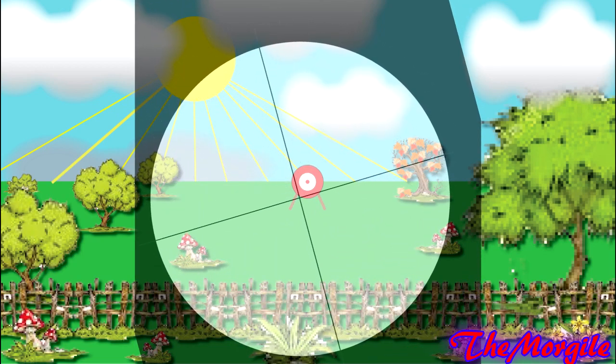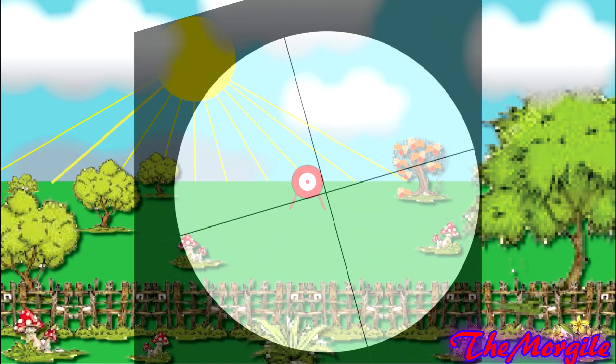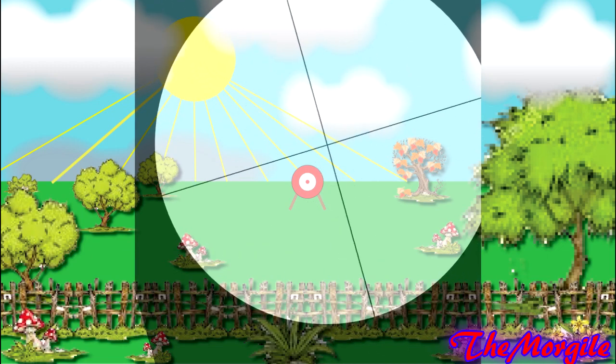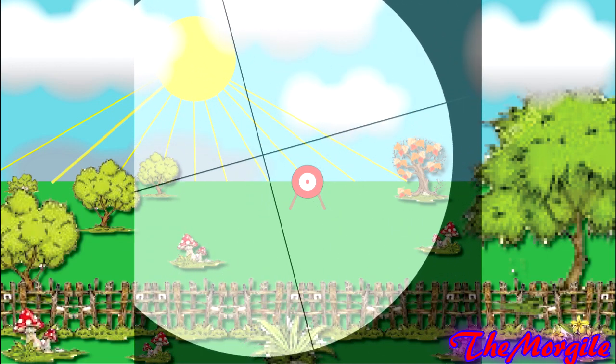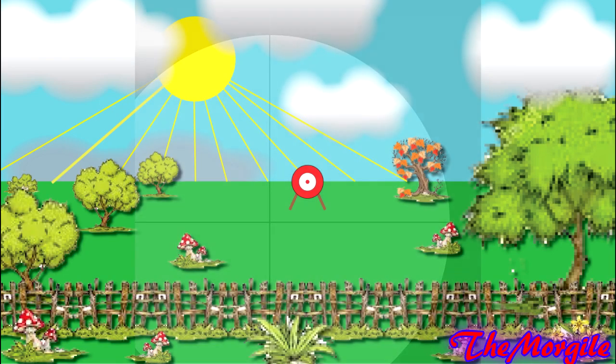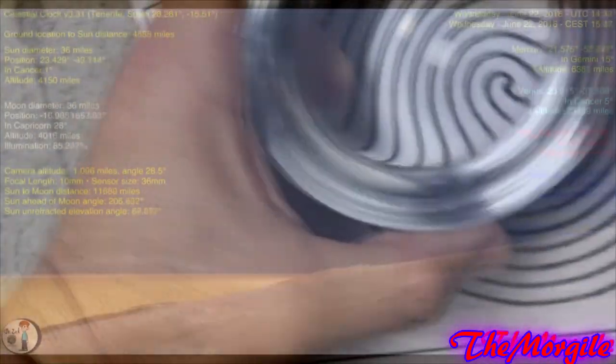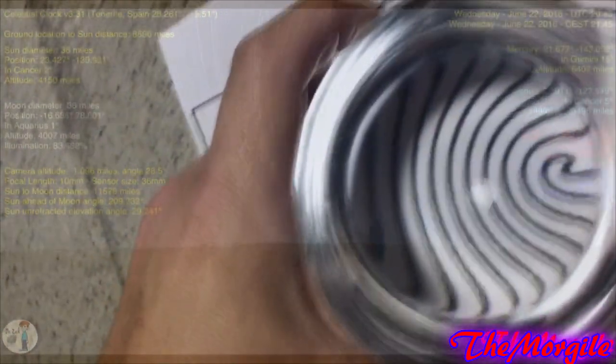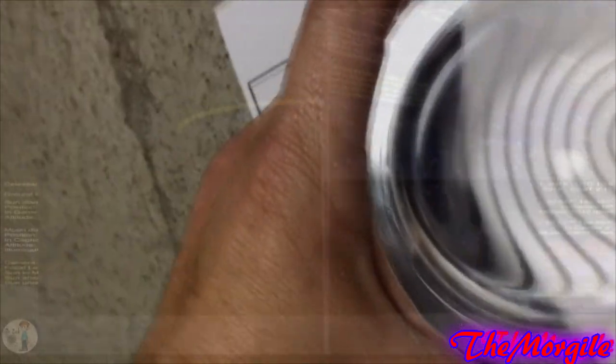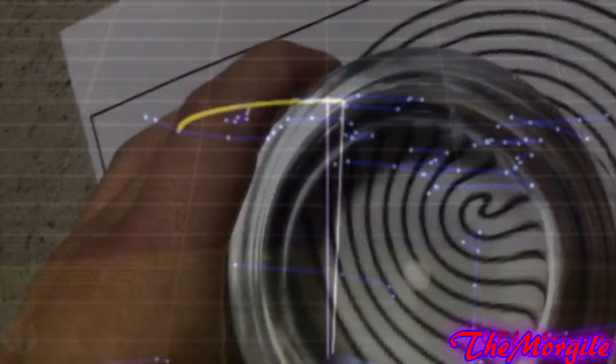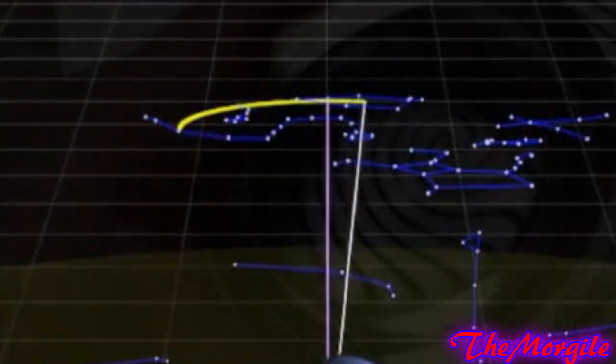Now that seems like a long time, and it is definitely, especially in human terms. 26,000 years is a long time, but when you break this down into a per degree basis, it's 1 degree every 72 years. And so if Ptolemy and Hipparchus were able to notice the